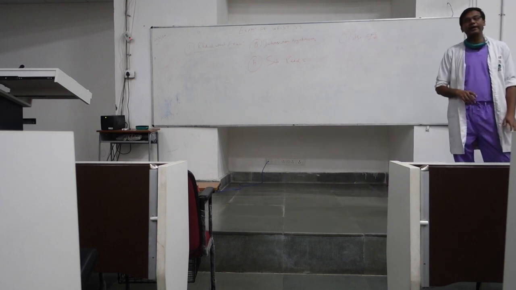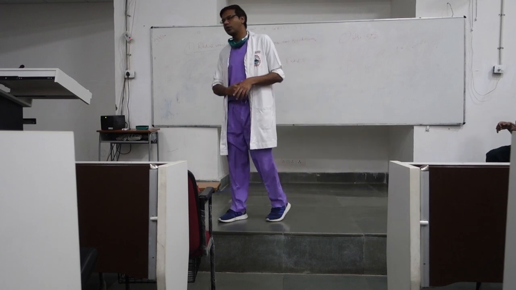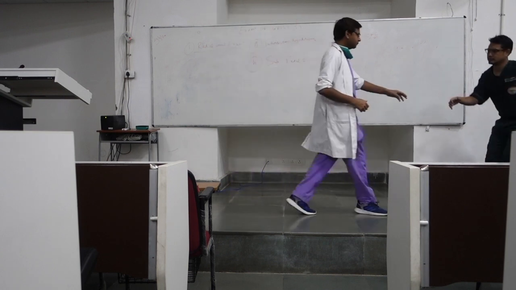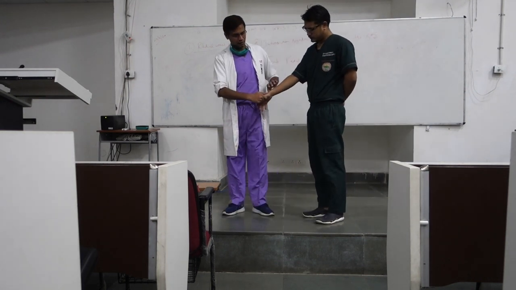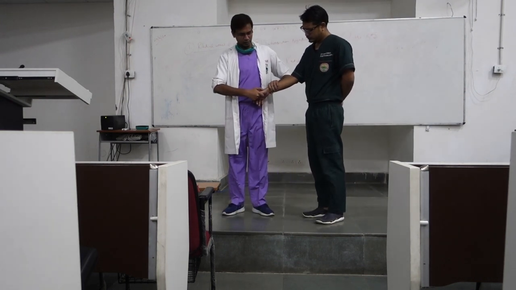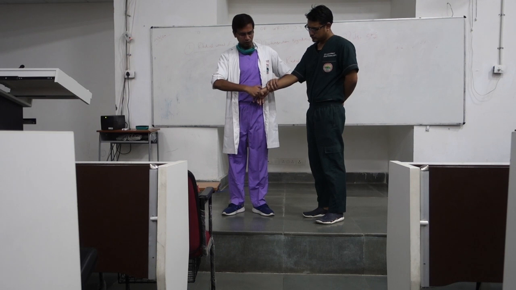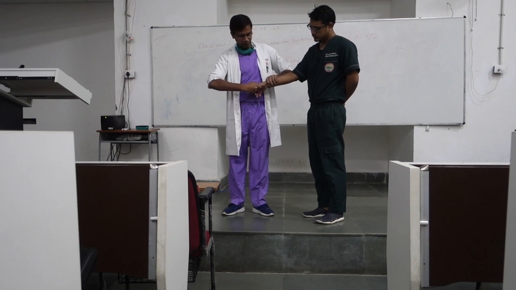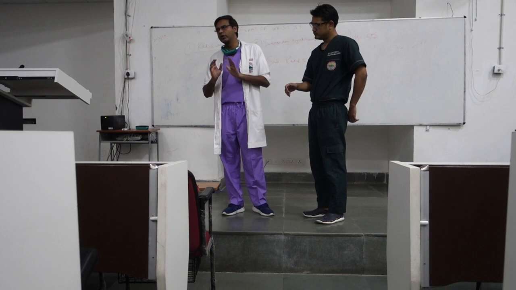And you can do the grind test. First CMC grind test. So what you do, you just hold the thumb in your right hand, wrist here, and you can give pressure here and palpate it, reduce it, or you can just give axial pressure and try to supinate and pronate the thumb. So if the patient is having pain, that means you are dealing with a case of first CMC joint arthritis.